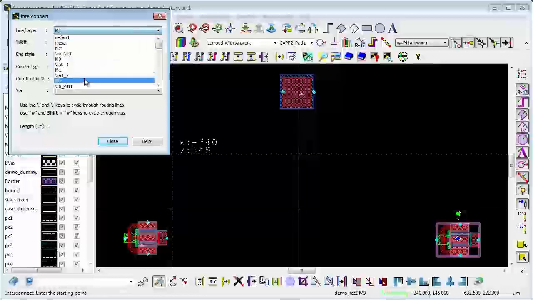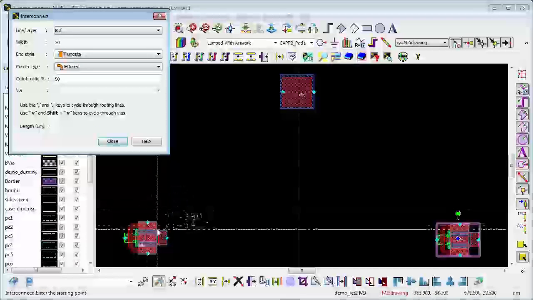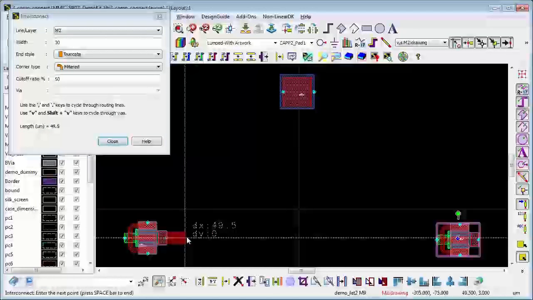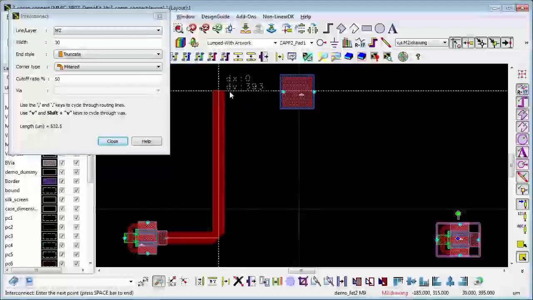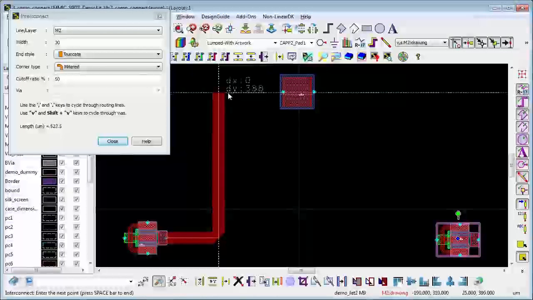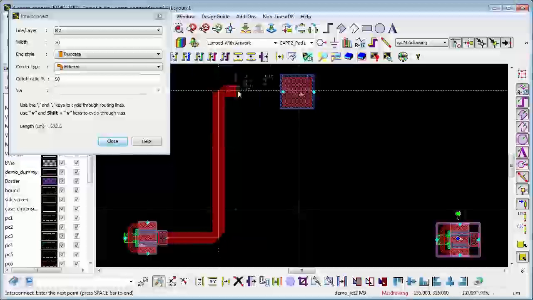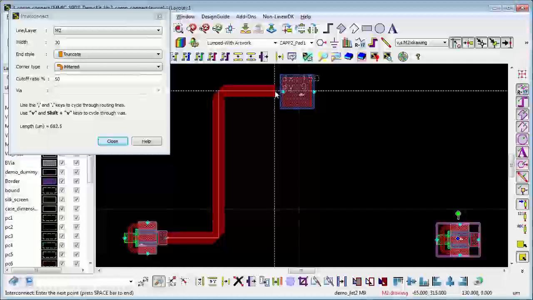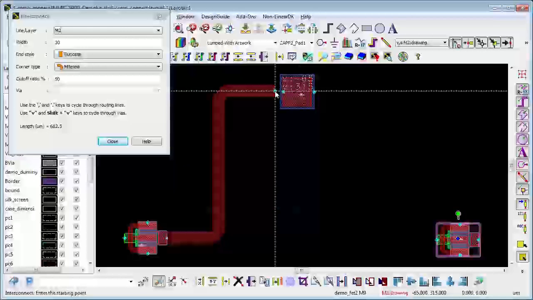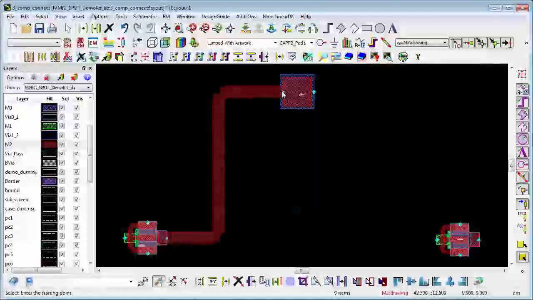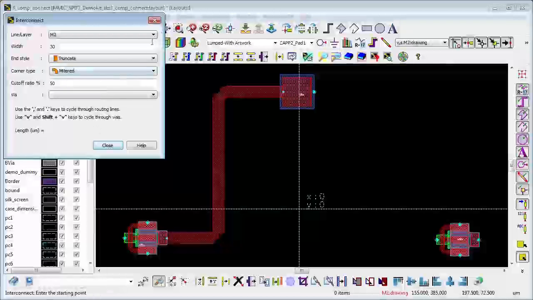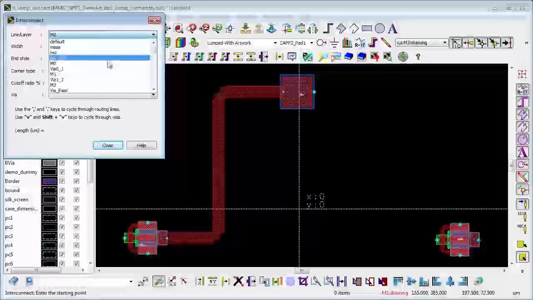So let's start. I'll choose the M2 layer, which is the drain metal layer for the first transistor, and that'll connect to the top plate of the capacitor here, which is also on metal 2. One of the nice things is if you miss the endpoint, you can easily reconnect it by connecting the two ends. And then next we'll route from the bottom plate of the capacitor, which starts at the metal 0 layer,